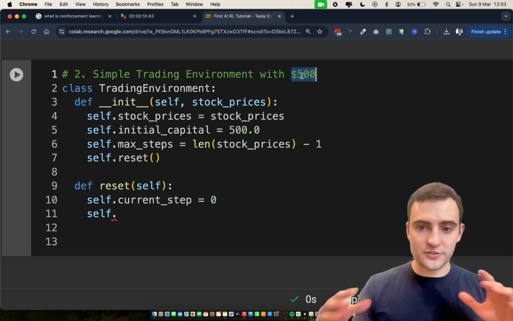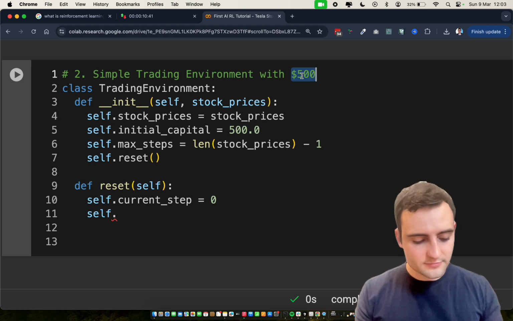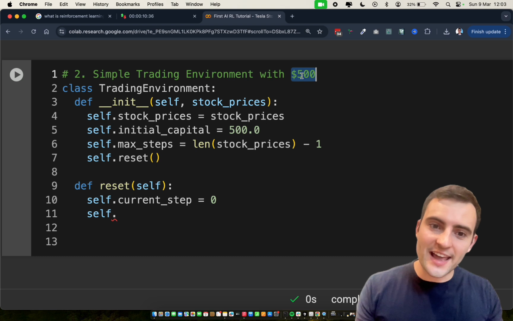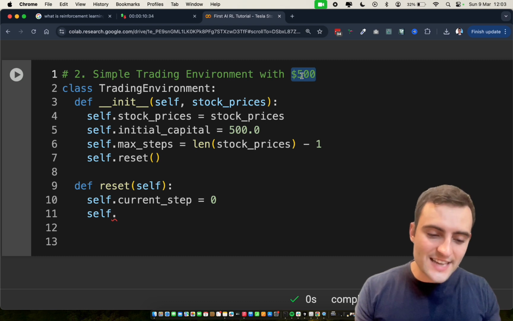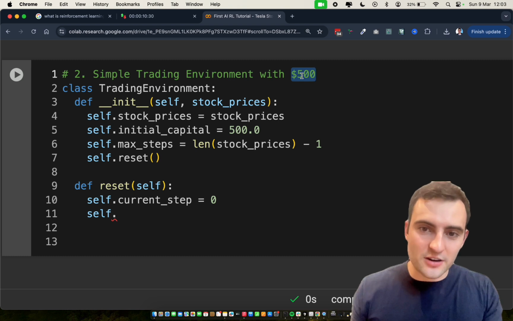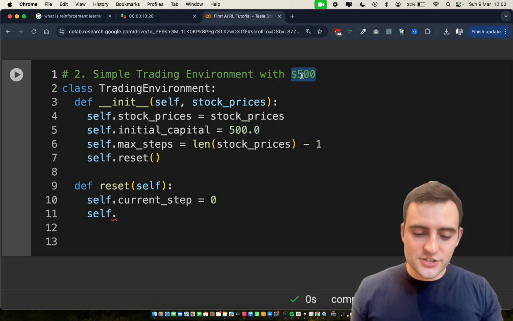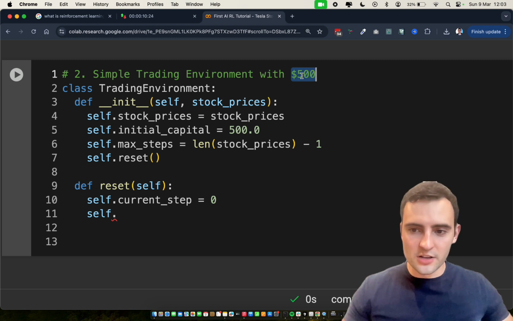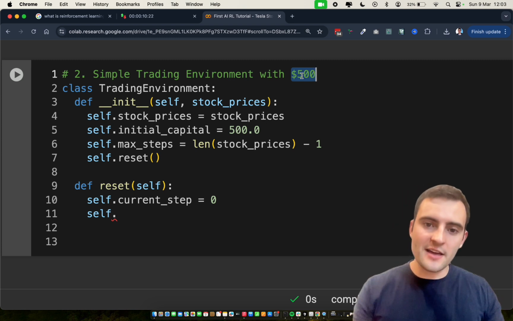I want to hold it, and over time I assume it'll accumulate. Or the last thing is I can sell it, but I can only sell it if I've actually bought it before. And likewise, I can only buy the stock if I have money left, right? So some of these actions depend on different circumstances, but in general, we just have 3 actions: buy, hold, and